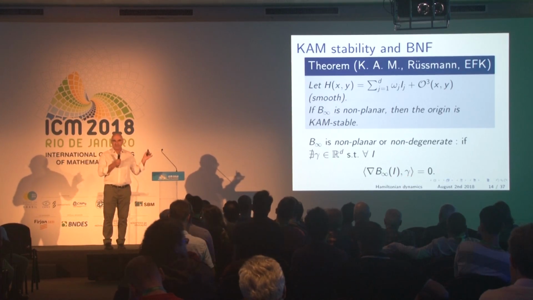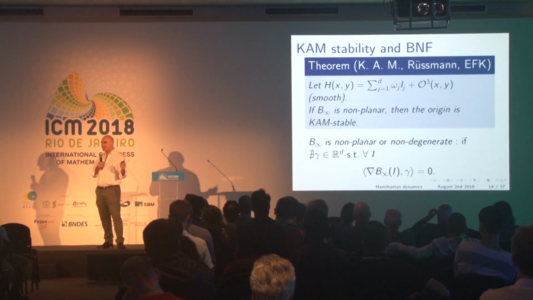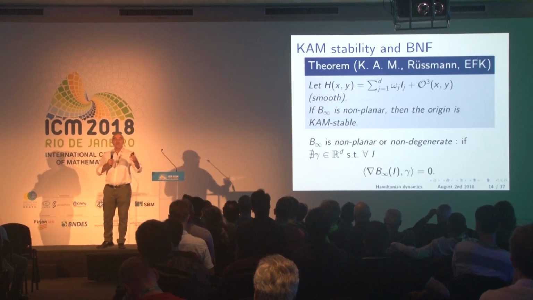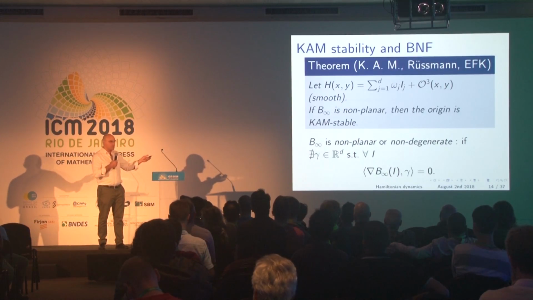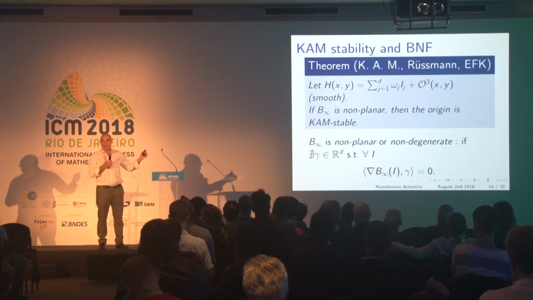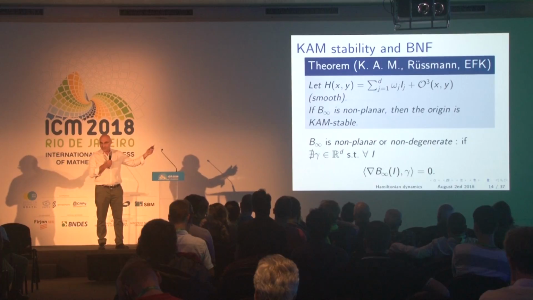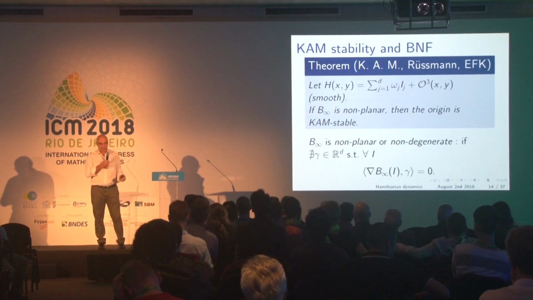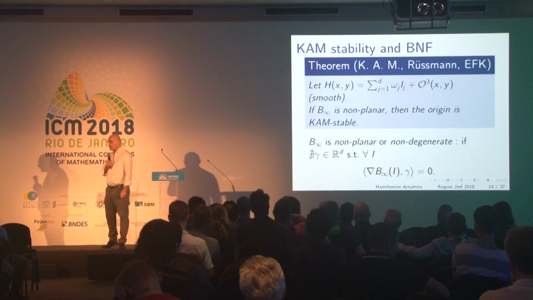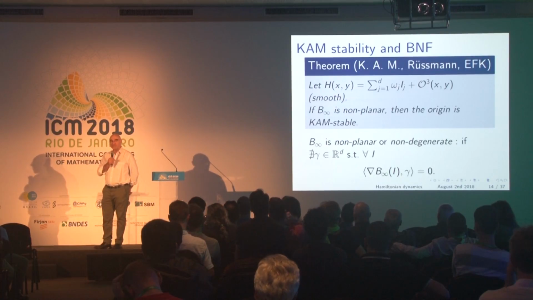So this is, in principle, a checkable condition. Maybe you cannot compute B infinity. This is a very difficult task. But in many situations, in principle, you can compute Bn. And for example, let's say that the second derivative of H is definitely positive, you will have this kind of non-degeneracy condition, and so this theorem of KAM stability. So this is the story for